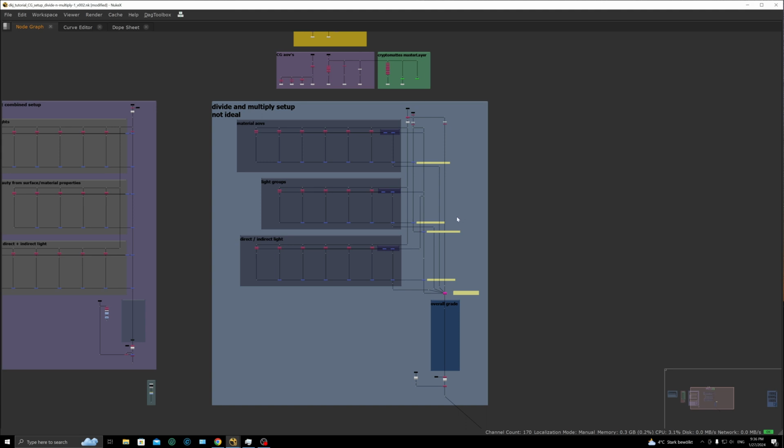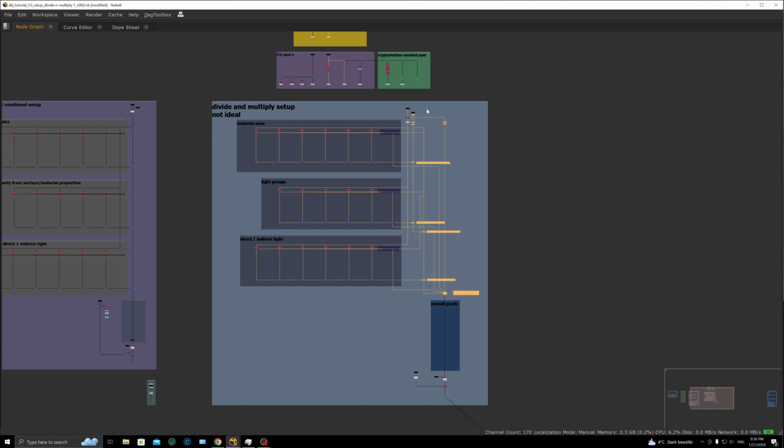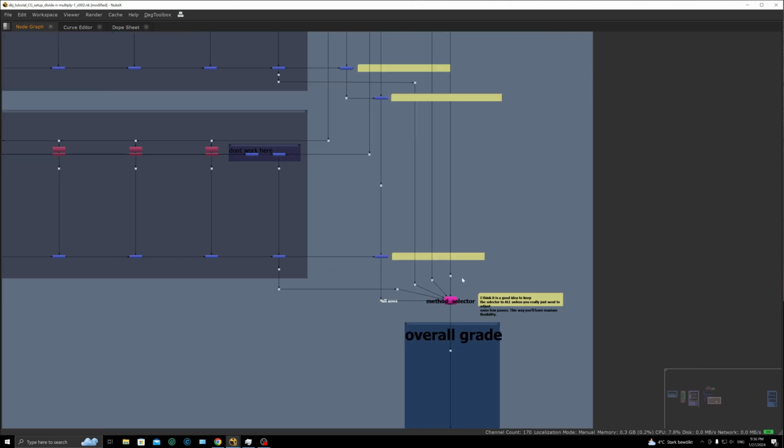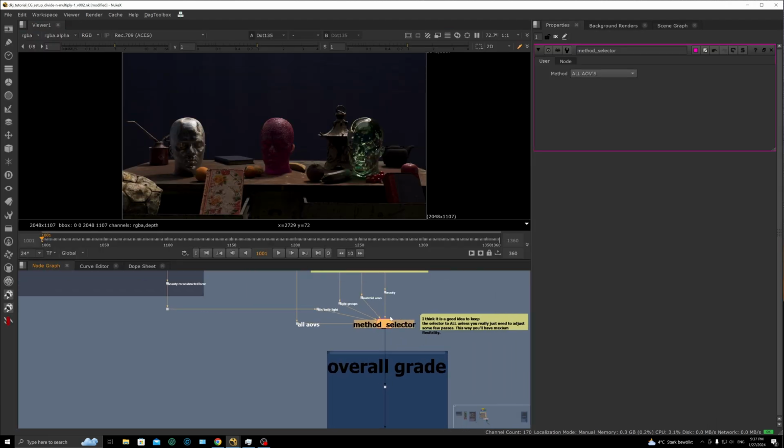So the main thing I'm not really happy with is all this confusing spider web of pipes going everywhere. There is a good reason why it's there though. If we go over here to this group that says method selector, you can see you've got these pipes coming in from multiple sides, and you can see that we have a drop down